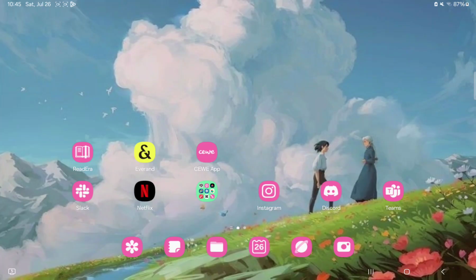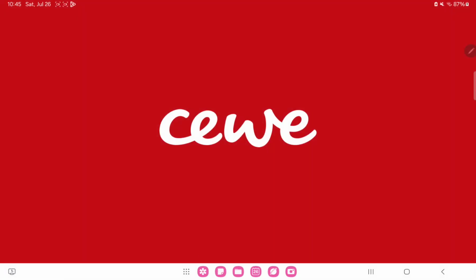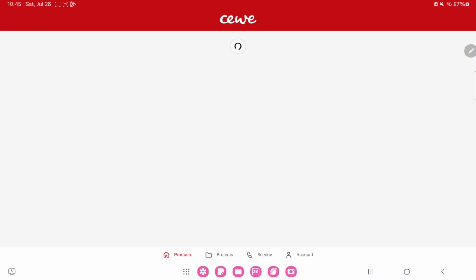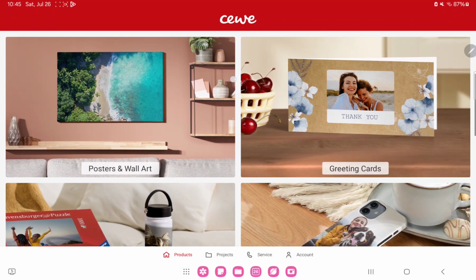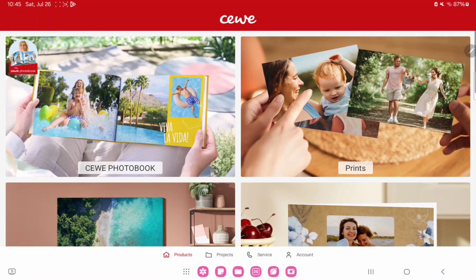So let's jump into it. First of all, open the application on your device. That's the home screen, and you can find the different products, for example, photo book, posters, greeting cards and others. If you want to create a print order, click the second option, the print,